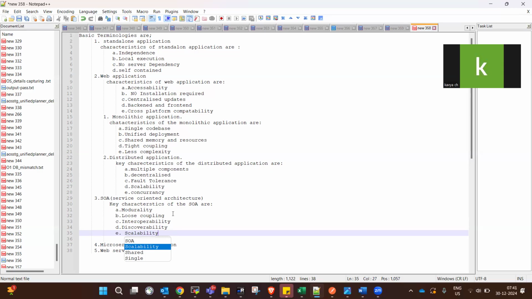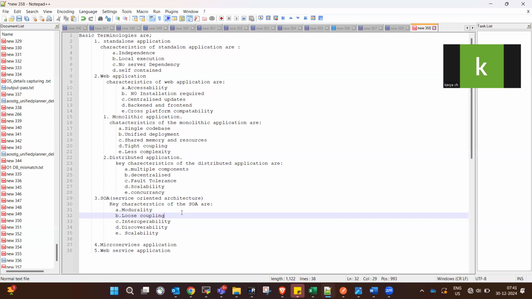We are discussing these five characteristics of the SOA. Modularity. In SOA, each service is a self-contained unit that performs a specific task, such as